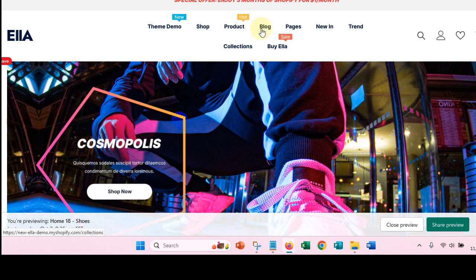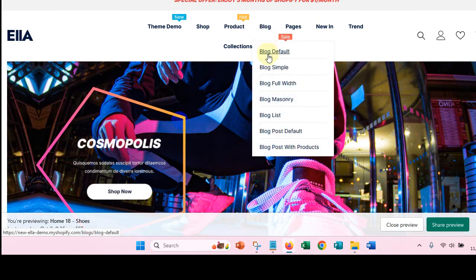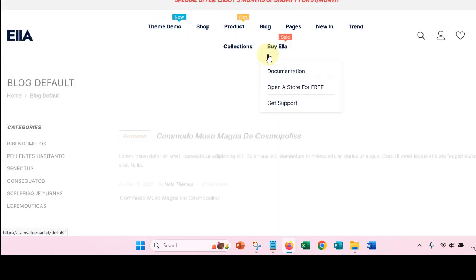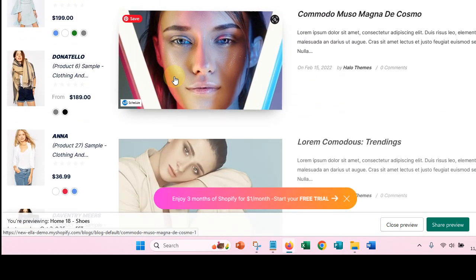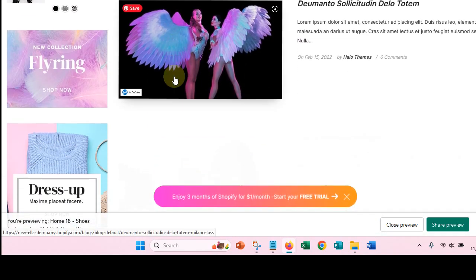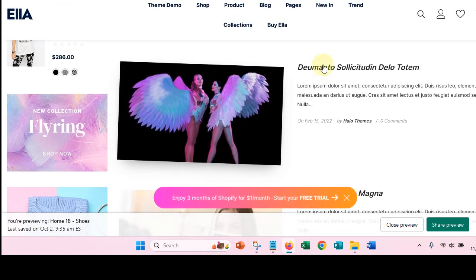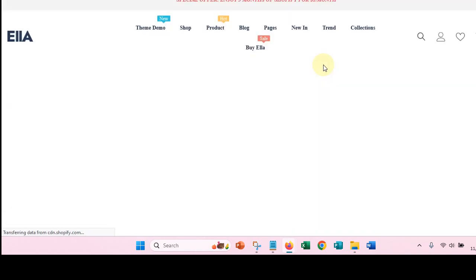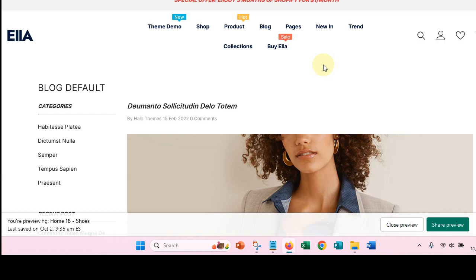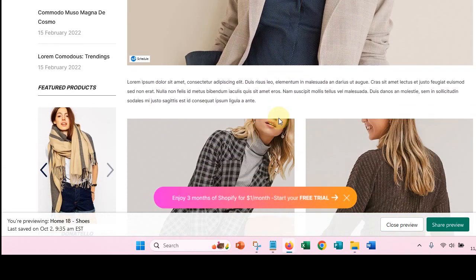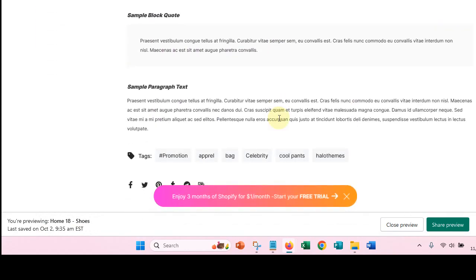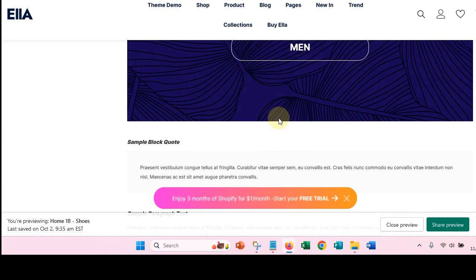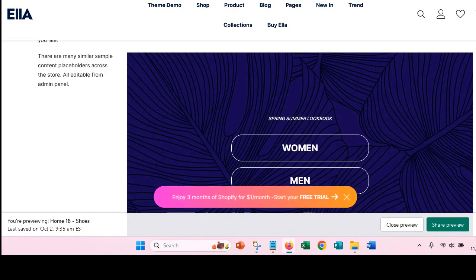So let's see what the blog looks like. So this is the blog default. So look at this. Here's the blog. So Shopify also enables you to have a blog. So you can create content about your products and then lead people to your Shopify store and enable them to buy right on your platform. So that's another strategy